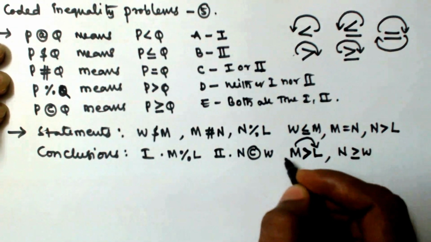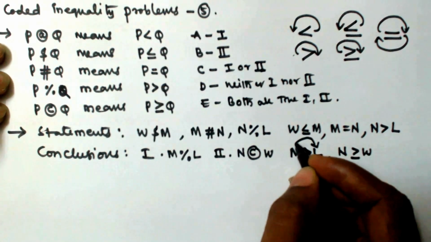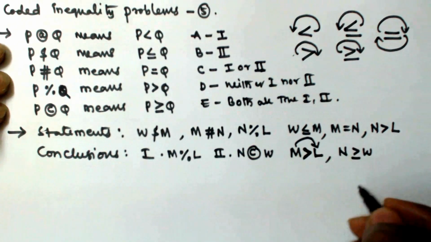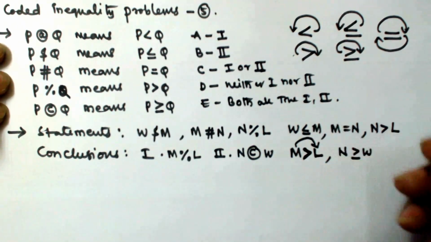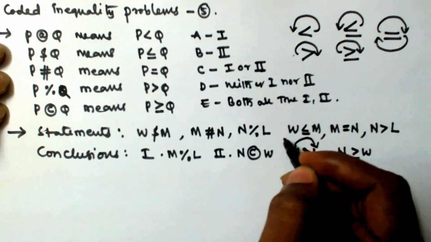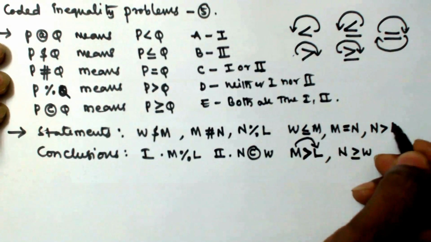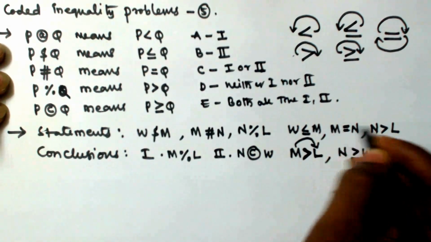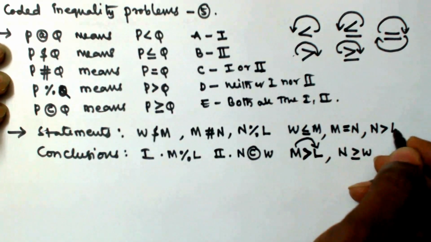Okay. So if M greater than M is at the open end of L greater than, we have to find the movements from M to L. So let us find M. M is here, so let us consider here. Here M to W we can move. There is no other W and we cannot move from M to L here. But by considering this one, we can move to the L. Why? Because we have a relation between M to N and here N to L.